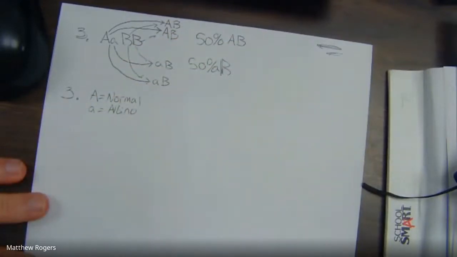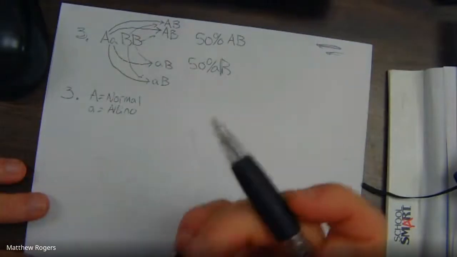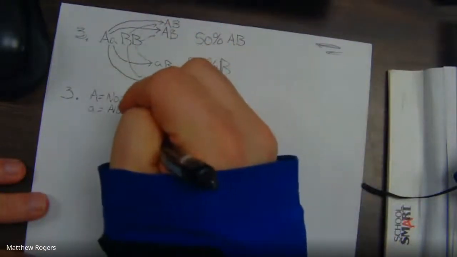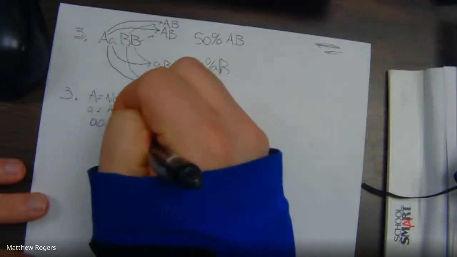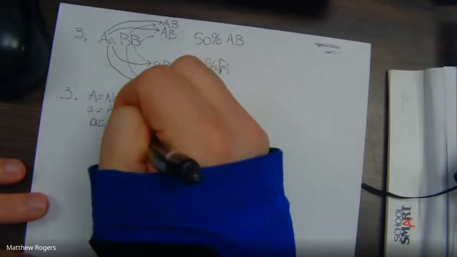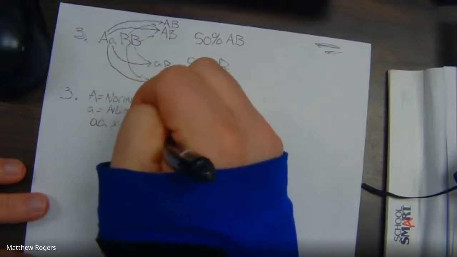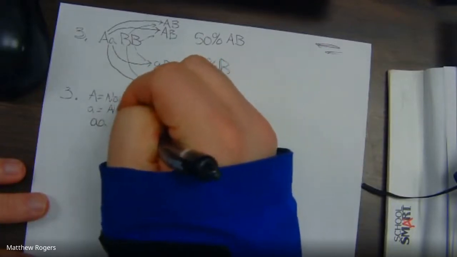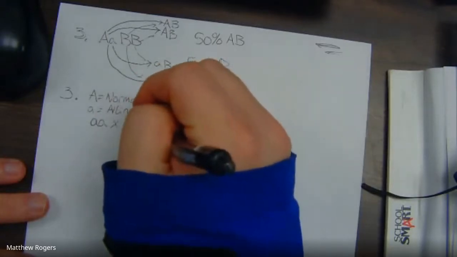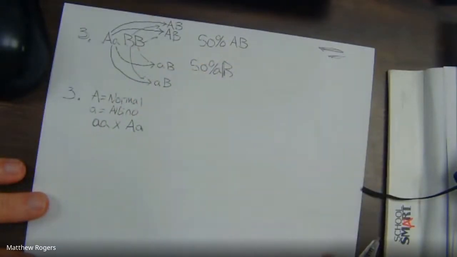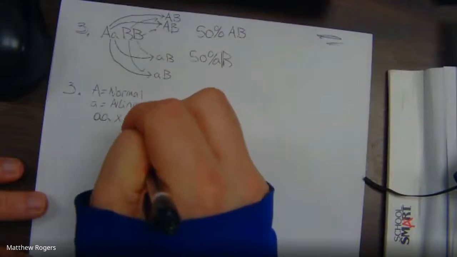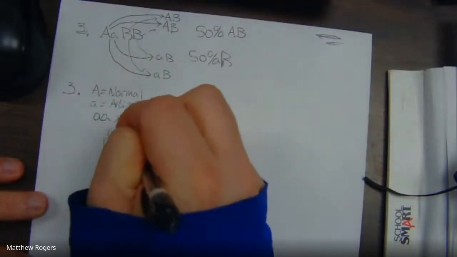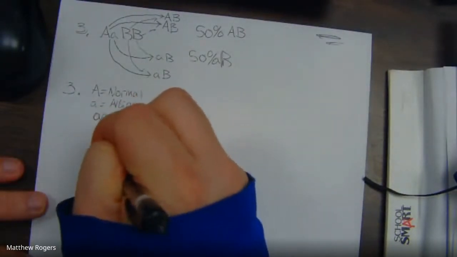And it says the man is albino, so he's going to be little a. And he's crossing with a girl that is a carrier. We haven't really talked about this term carrier, but what it refers to is she doesn't show the trait, but she's carrying the possibility of giving it to an offspring. So she's heterozygous. When you see the word carrier, it means someone that's heterozygous. If I actually do the Punnett Square, little a, big A, little a,